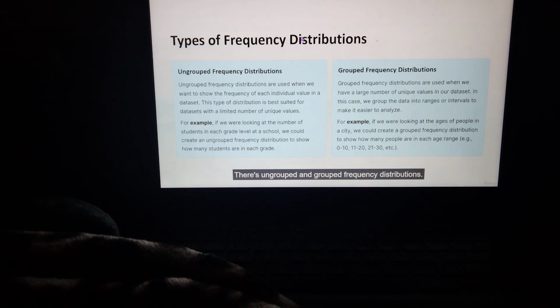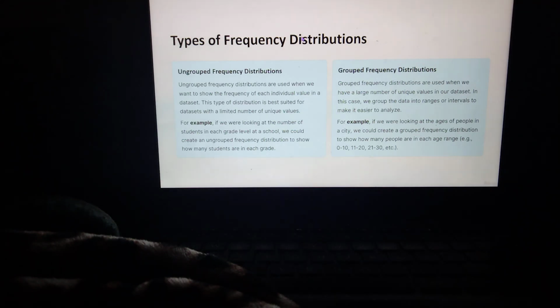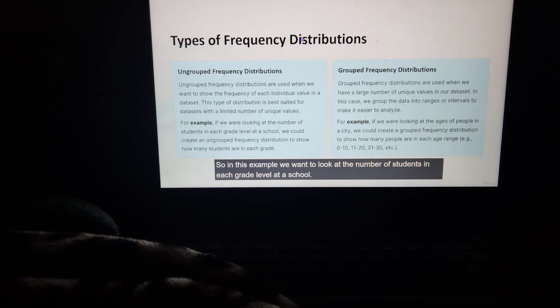And there are 2 different types. There's ungrouped and grouped frequency distributions. Ungrouped, this type of distribution is used where we want to show the frequency of each individual value in a data set. It's best suited for data sets with a limited number of unique values. So in this example, we want to look at the number of students in each grade level at a school. In this case, we would create an ungrouped frequency distribution to show how many students there are in each